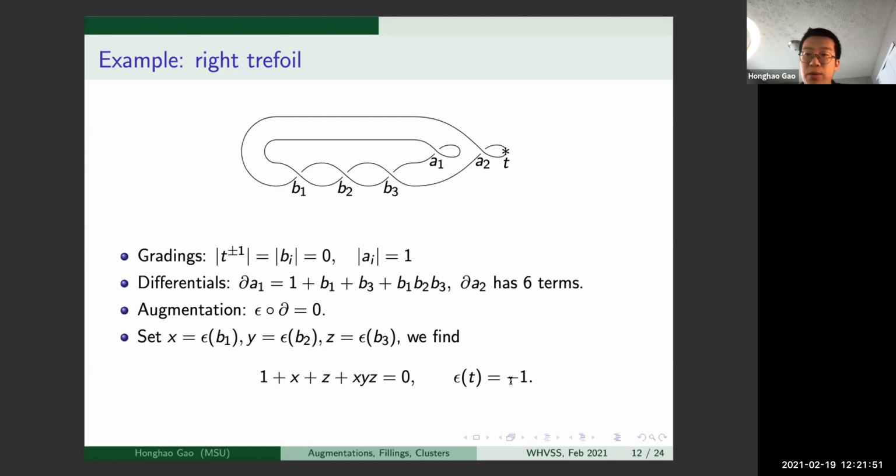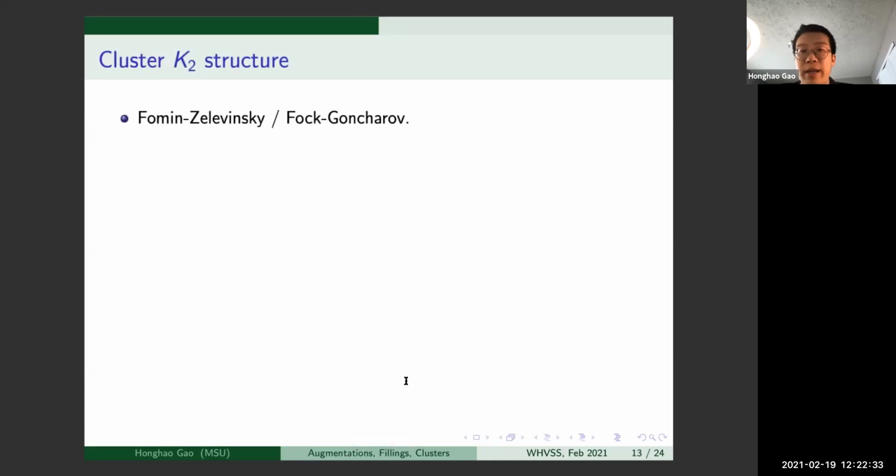So, getting rid of this equation, this is the augmentation variety of the right trefoil given such a choice of marked points. So that means every point in this variety gives you an augmentation, defined by this relation. Okay, so what's important of such a variety is that this thing has a cluster K2 structure. This is some algebraic structure first introduced by Fomin and Zelevinsky,